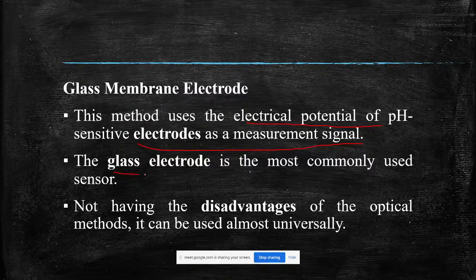Okay, so the glass electrode is the most commonly used sensor, because it does not have many disadvantages like the disadvantages of optical methods, so it can be used with almost every type of